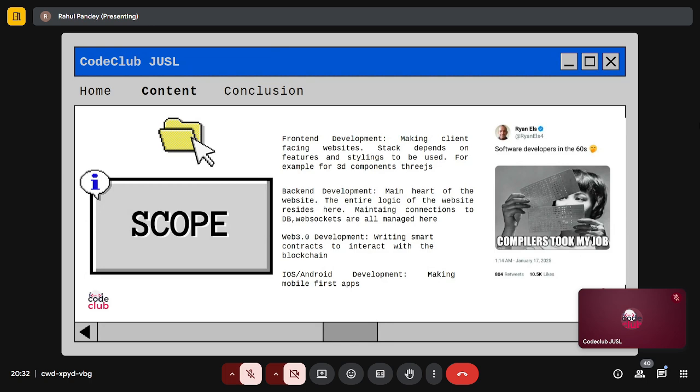And again, that comes in front-end development, back-end development also. So it's the main heart of the website, and everything is maintained here, like literally everything. As I've written, the databases and WebSockets connections are maintained. But along with that, anything you can think of, maybe your payment systems. Your payment system cannot be working upon just pure Next.js.